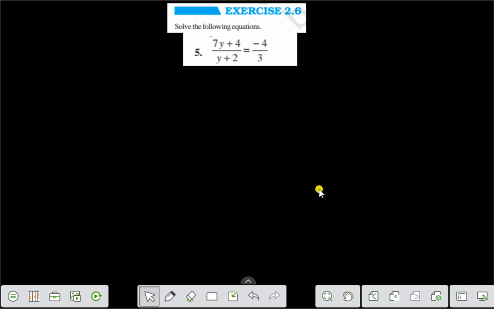Hello everyone. Today I shall discuss exercise 2.6 question number 5. Solve the following equations. Let us solve this one. The question is